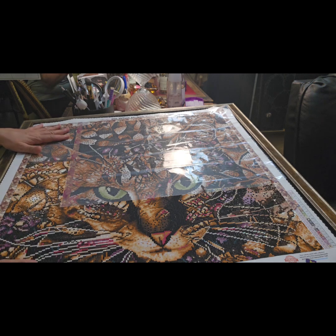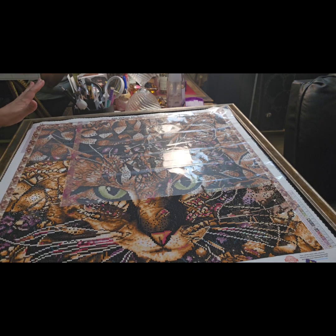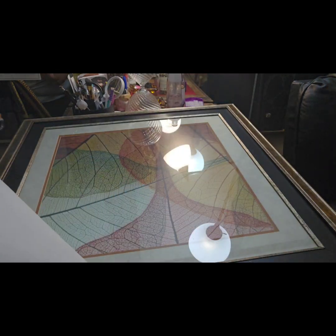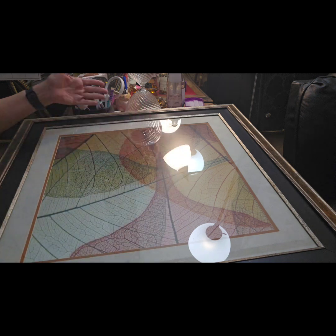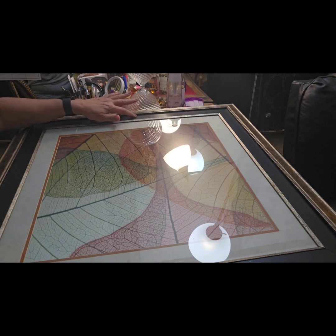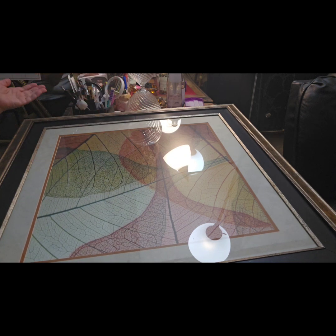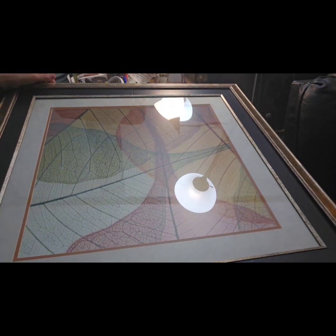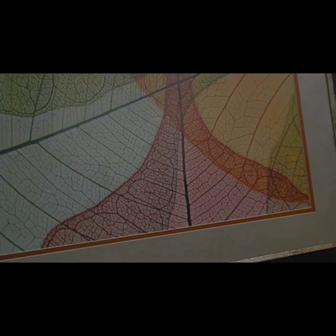So I wanted to show you guys this. If you go to your local thrift store and you like to thrift, take a look at the frames, because they really are fabulous. Some of them, maybe the artwork or the style has gotten old for whoever gets rid of this stuff. There seems to be a little mark here. I just noticed it, but hey, just look at this frame. Let me tell you what I paid for it, because it's big. I paid